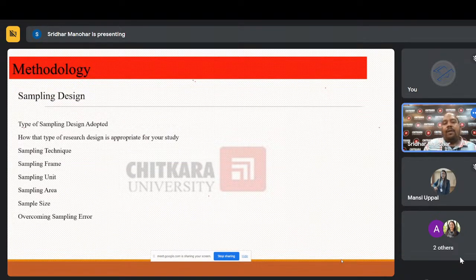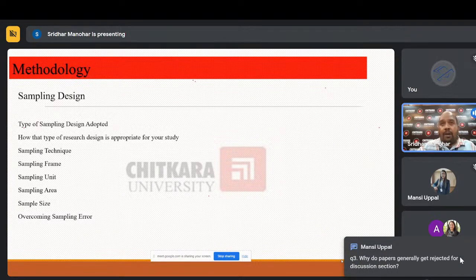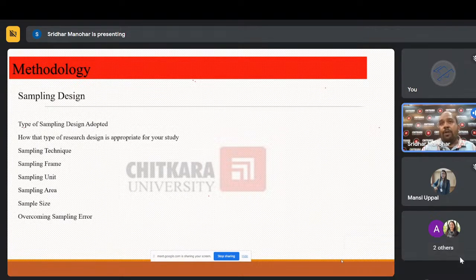Methodology, very important. When you talk about the design, which has been already spoken by Anna, what kind of a research design you're choosing, it is up to you. It is up to the research problem that what is the most appropriate research design you use. You cannot take a questionnaire to a child and then ask the child to fill. Rather, a different research design has to be adopted over there. You can go with an observation method, or if you're talking to tribal people, again, questionnaire or survey method would not be the right way of getting the opinion. So there you can go with some kind of an ethnographic study, or you can go with some kind of an observation. So you, as a researcher, have to be very specific with what kind of a research design you choose,